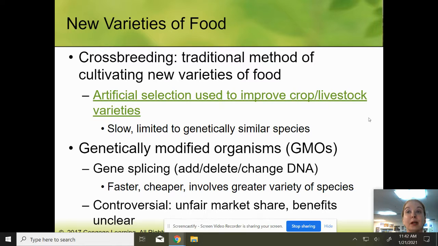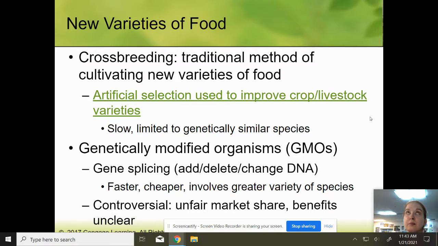Then we have genetically modified organisms, or GMOs. You can have gene splicing, where you'll add, delete, or change the DNA. So you'll take something from a totally different species and move it into something else. Fish can handle cold weather very well. Tomatoes cannot. So they've literally taken the gene for handling cold weather and pulled it out of the fish, and now it's in tomatoes. And it's probably in the tomatoes that you've eaten. So just an example. A lot of crops have been genetically modified to be able to handle the Roundup